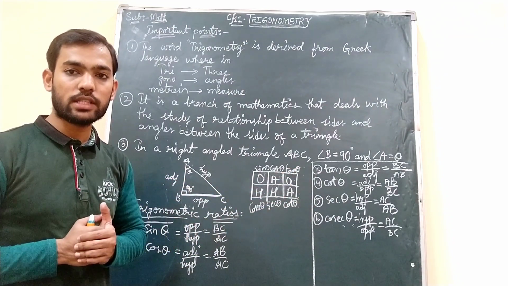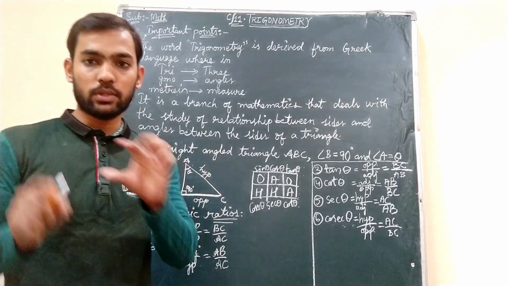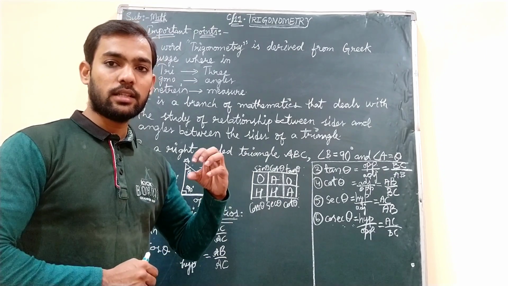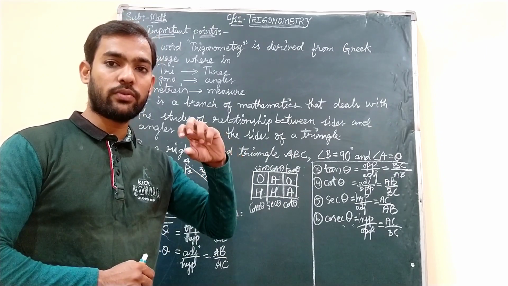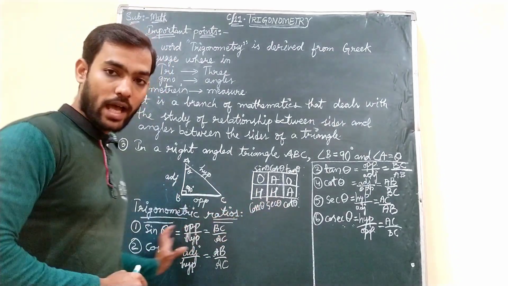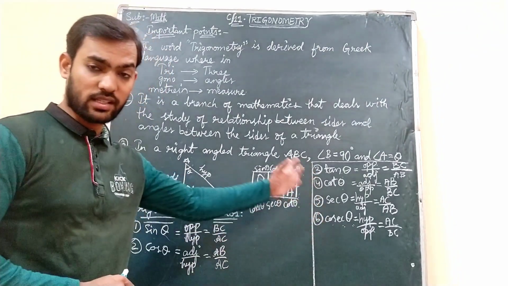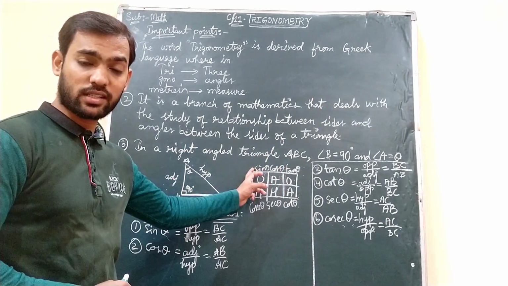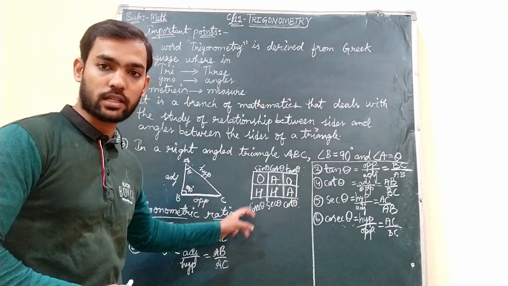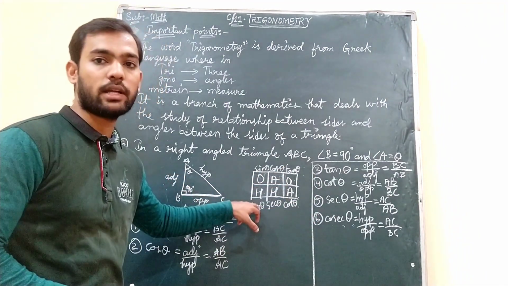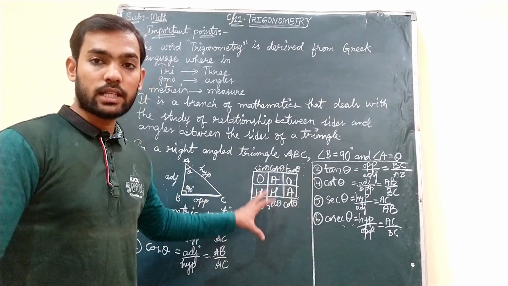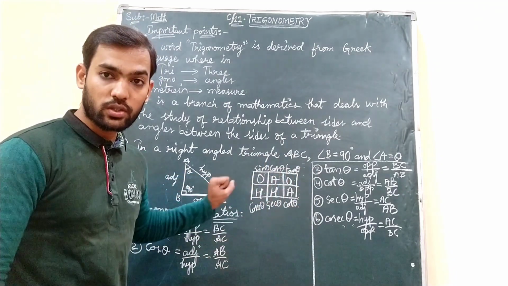Now how to remember all these formulae? You need to make a table of 2 rows and 3 columns. Then, just like a song tune, as I said, you need to fill it OA, OA. Remember, in the 2 remaining boxes, you should write HH. Now write all these 6 trigonometric ratios in that order only: start writing from here: sine, cos, tan, cot, sec, cosec. From where you have started, there only you will come and finish. Now with respect to this OA, OA, you got all the formulae.